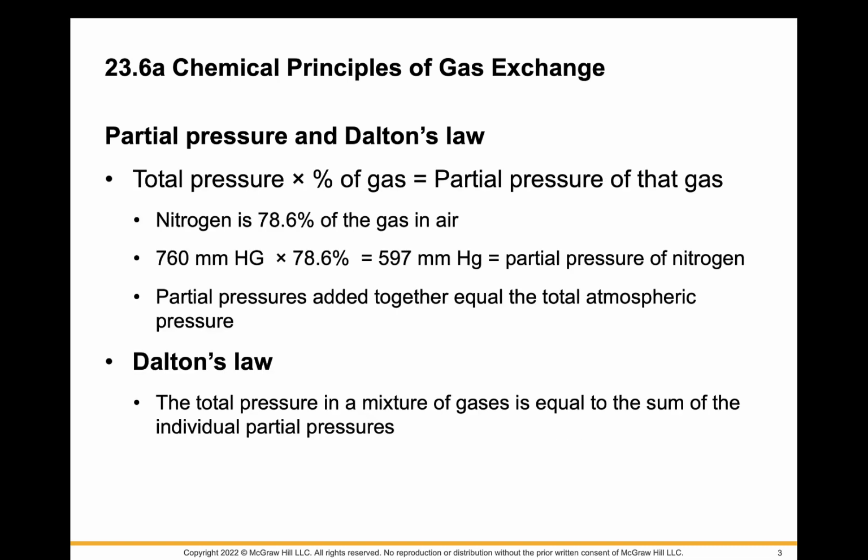Now here, the partial pressure is going to be the percentage of gas times the atmospheric pressure. So nitrogen is 78.6% of the gas in air. 760 millimeters times 0.786 is 597 millimeters of mercury, and that is the partial pressure of nitrogen. As noted before, partial pressures added together equal the total atmospheric pressure. This is known as Dalton's law, and it's important to keep in mind that this is given for a certain